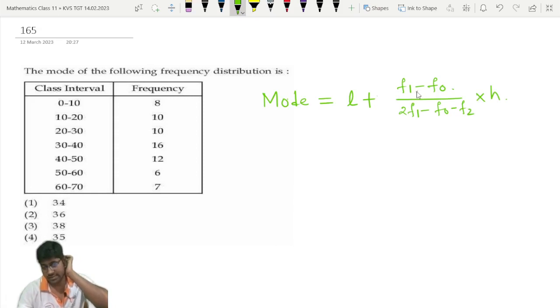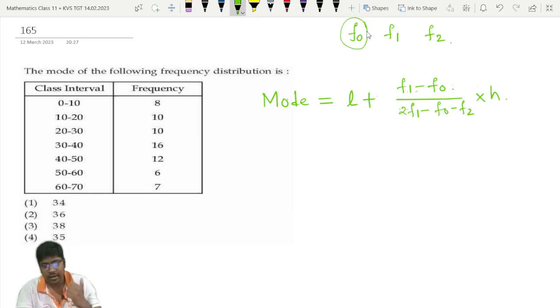Now what are these terms? Whatever I have written here, I will tell you one by one. If you want, you can write it in your copy. L is the lower limit of the modal class. What are F0, F1, F2? These are three frequencies. F0 is the frequency